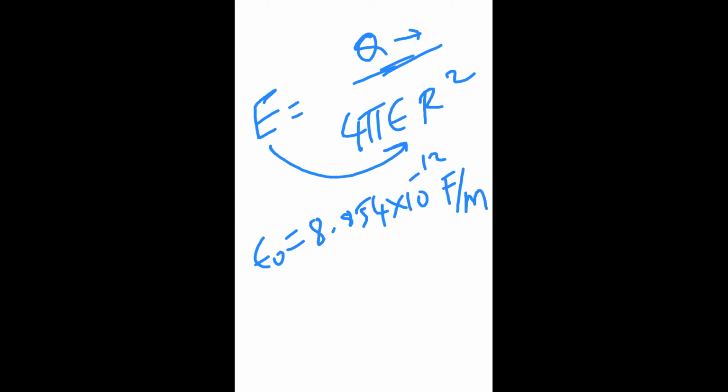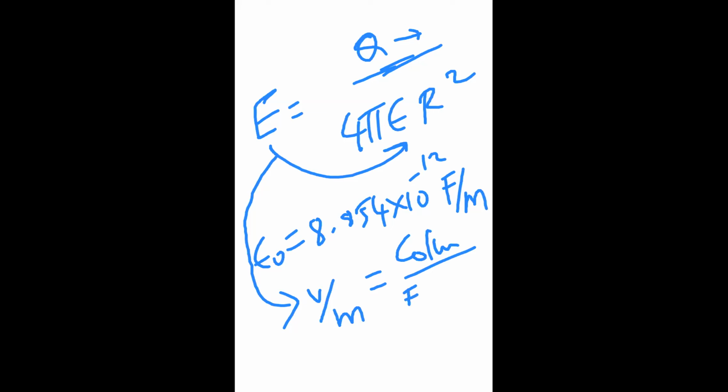But at this point, what is the unit of electric field? Anybody? The unit of electric field is volt per meter. Now the unit of charge is coulomb. Again, epsilon naught is farad per meter, and r square is meter square. Please prove that the left hand side and right hand side are equal. Then what is the unit of epsilon r?